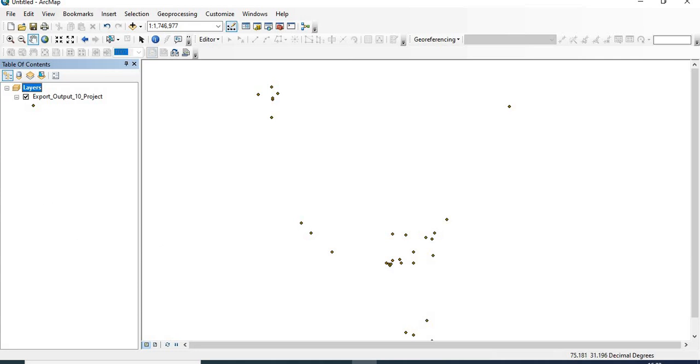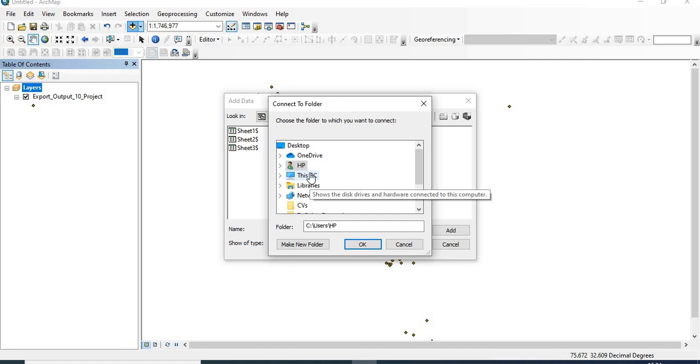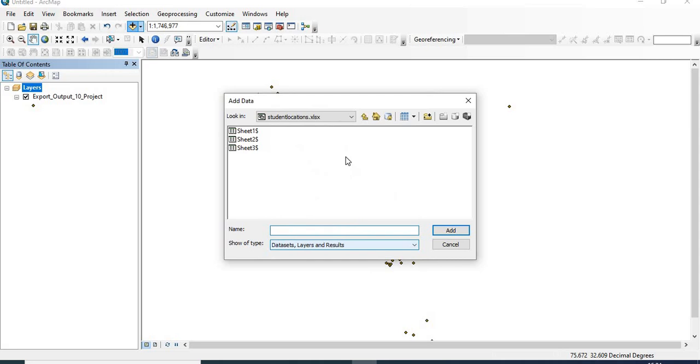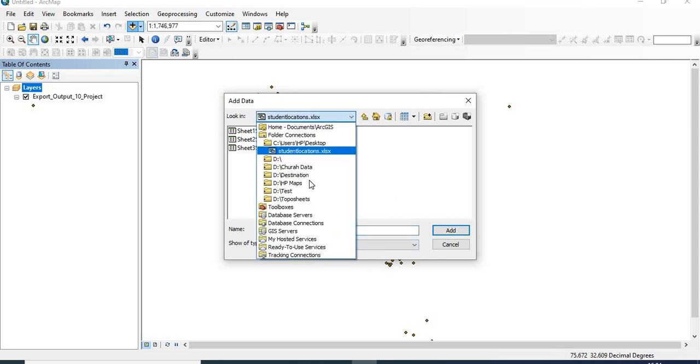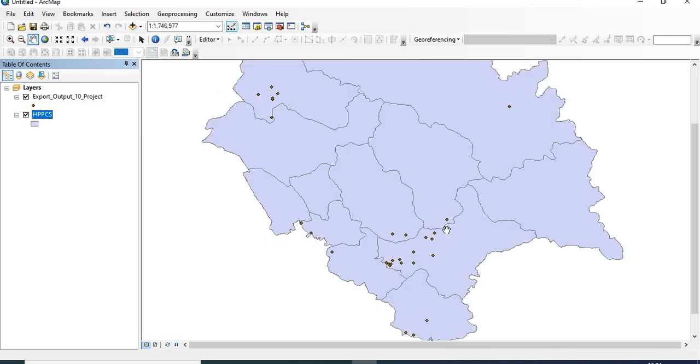Now what we have to do is add the map of Himachal Pradesh. So this is the map of Himachal Pradesh.